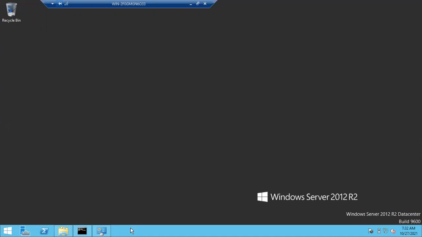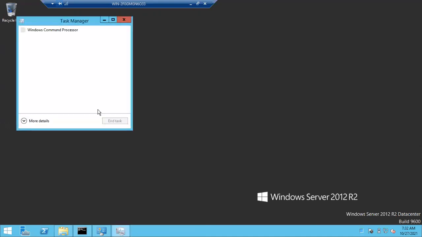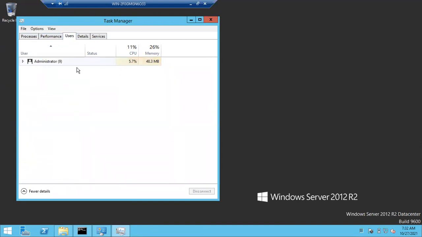Okay, so go to your Task Manager. Open this Task Manager, go to More details, go to the Users section, and here you can see the administrator. So as of now, only the administrator is connected to this server.